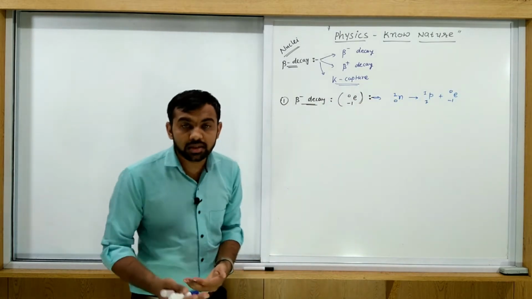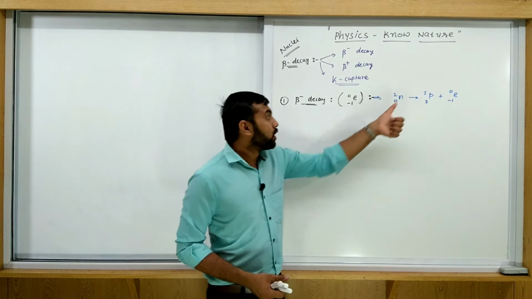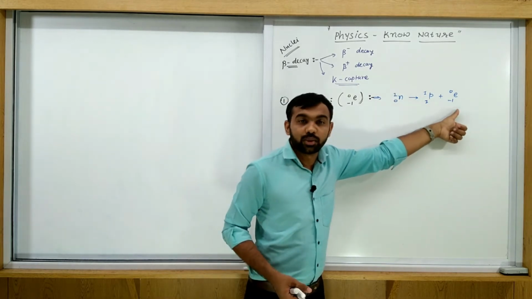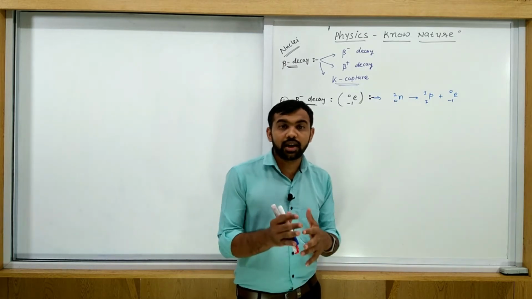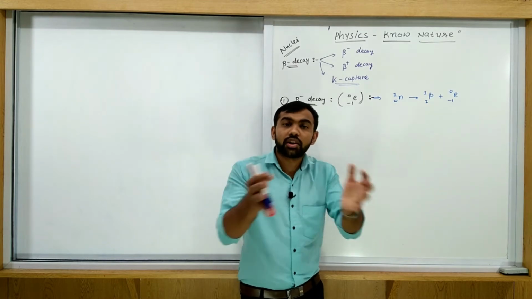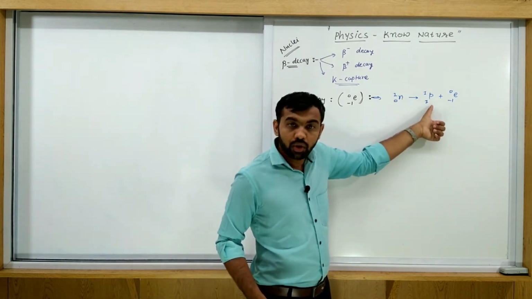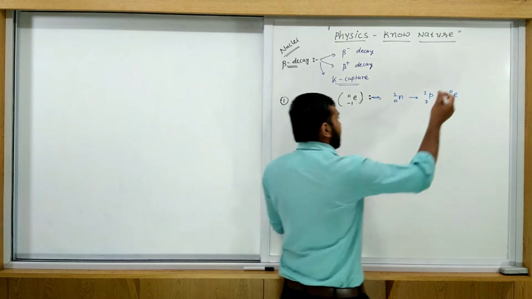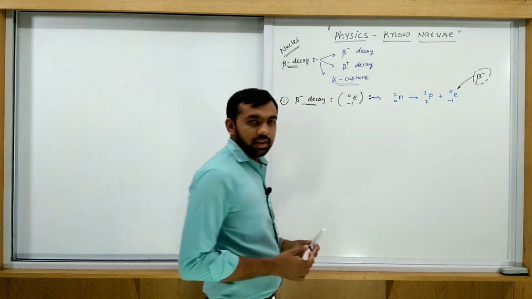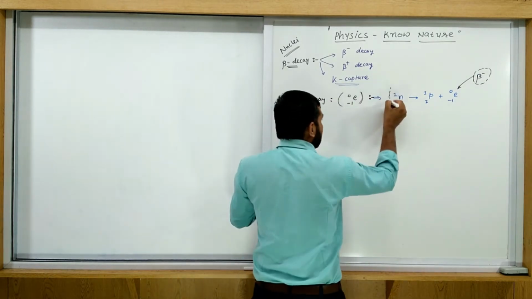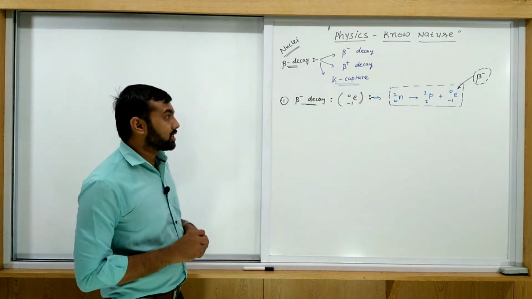So when beta minus decay occurs in any nucleus, a neutron is converted into a proton and an electron. A neutron is a neutral particle, meaning there is no charge. But when you consider the proton and electron combined together, the total charge is again 0. So here the neutron is converted into a proton and an electron. This is beta minus decay, nothing else. This is the standard process in which beta minus decay is produced.